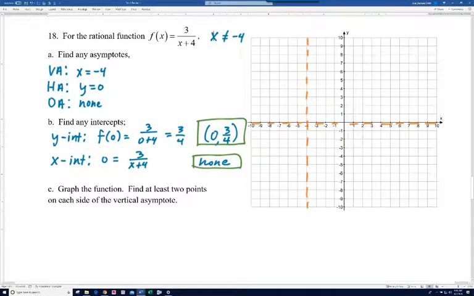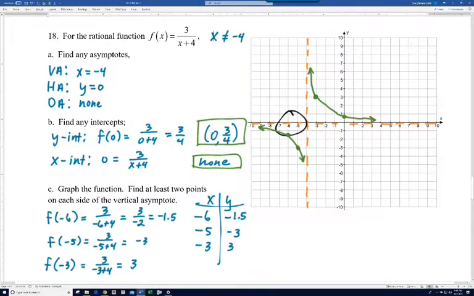And let's put in our one point that we found, 0, 3/4. So you can see we need to find a few more points to get an idea of what this graph is going to look like. Now we know with situations like this, on the ends we tend to have arcs. So we need to find a couple of points. I've got that one point at 0, 3/4. It'd be nice to maybe have -1, -2, or -3. I'm going to choose -3. And then over here it'd be nice maybe to know, because we need to know what's going on this side of the